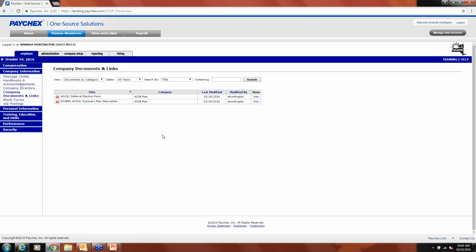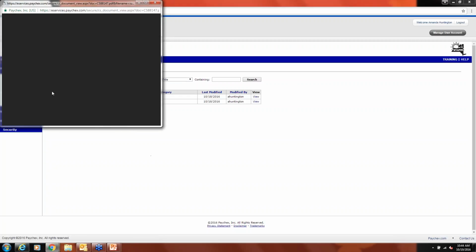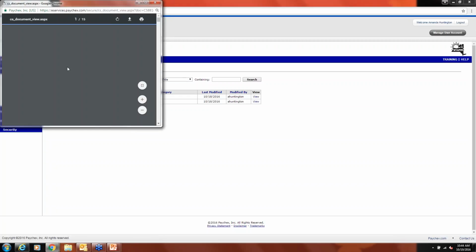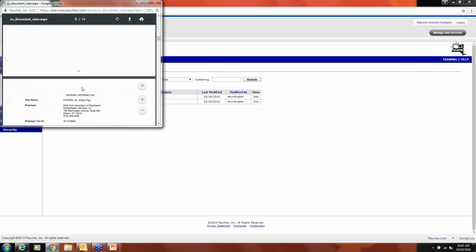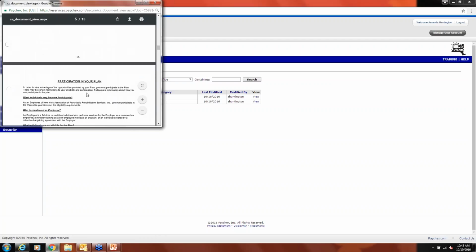Same thing with the summary plan description for the 403B plan. We're going to touch on the 403B a little bit later, but this is where you can view this. It's a helpful document, and I encourage everybody to please take a look at it. It's not that long, and it's essentially a list of frequently asked questions, and it basically says,